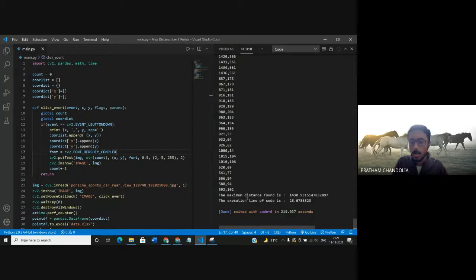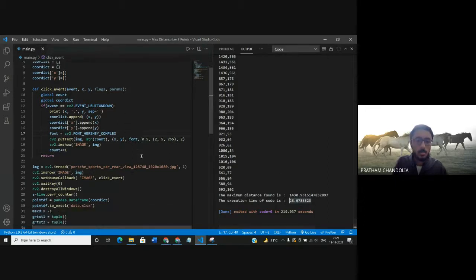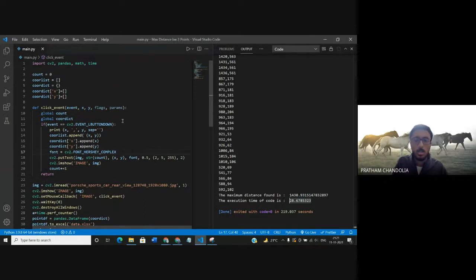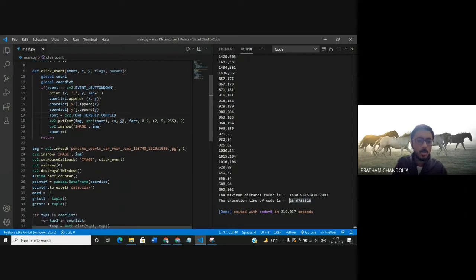Okay, so the maximum distance found is 1430 point something, and the execution time of our code is 28 seconds. Sorry, it's not 28 seconds. Of course it was not 28 seconds. We got the output screen in just 2.28 seconds only.